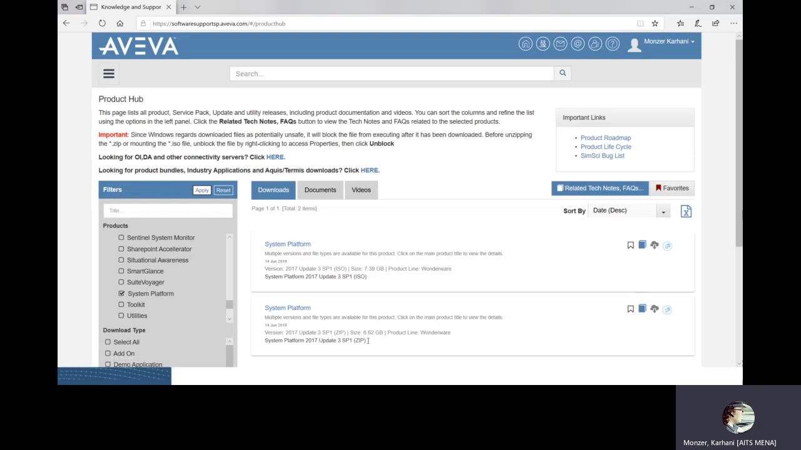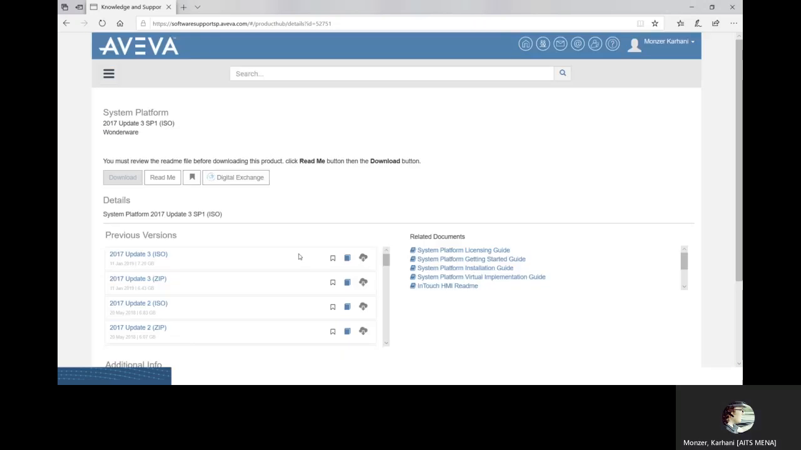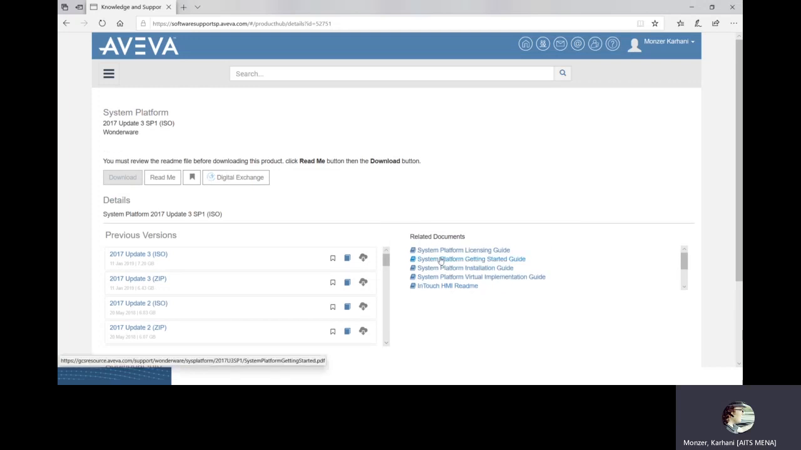And here you can find the zip file and the ISO file. For me, I prefer the ISO file. First, before downloading anything, look at the related documents, especially if it's the first time you are downloading this software. I highly recommend the installation guide, then getting started. And in case you have to, have more look at the Historian and Historian Client and discover more about the